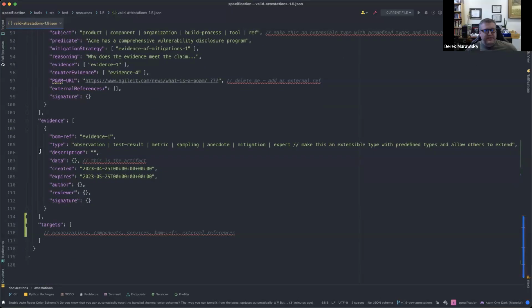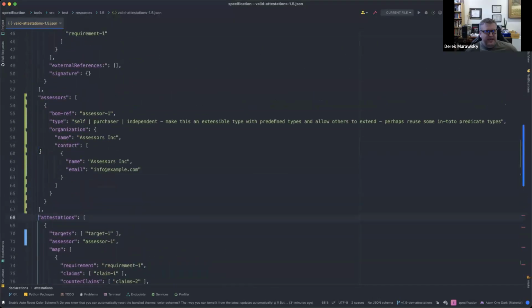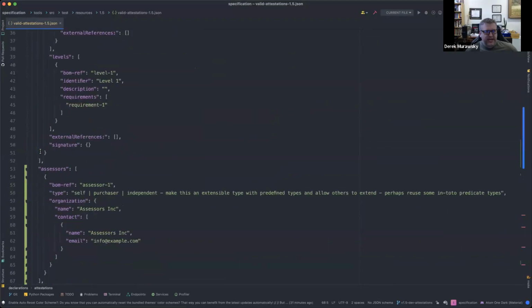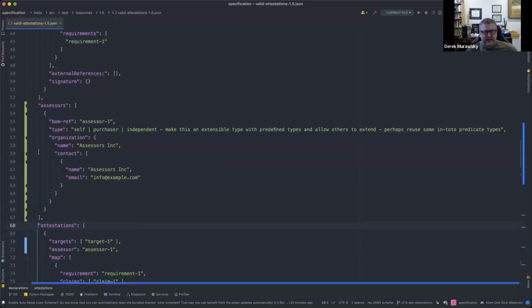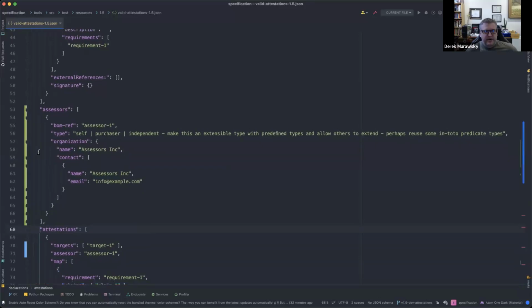So, a couple thoughts on polishing. If we could scroll up a little bit here. When we say we have assessors and we now have this format for the assessor, does it make sense to have this type of format when we're calling out targets in a completely different way?